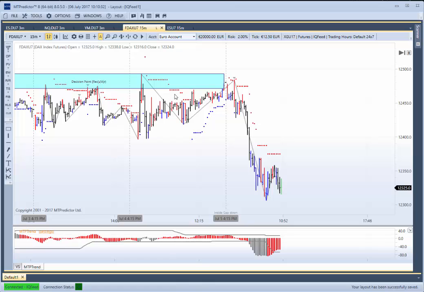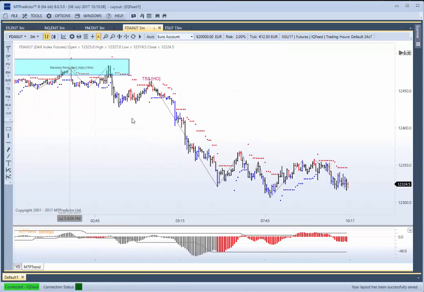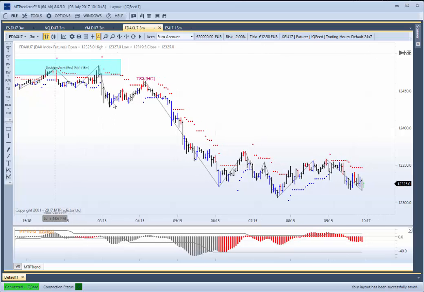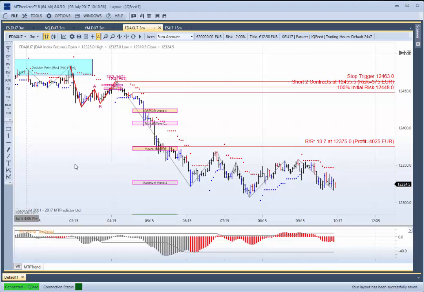So now, if I go back to the 3-minute chart, here's the Holy Grail trade setup. So there we start the sequence at the higher time frame resistance. Here's the initial move down, which is wave 1. Here's the initial correction in an ABC into a wave 2. We then look to trade the wave 3, which then gives us a large profit in relation to the initial risk. So hopefully this has been a great example of the Holy Grail trade setup and MTPredictor on the DAX